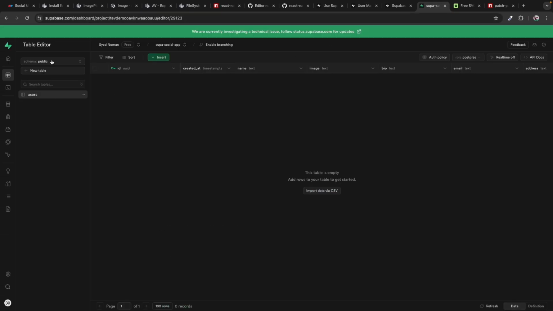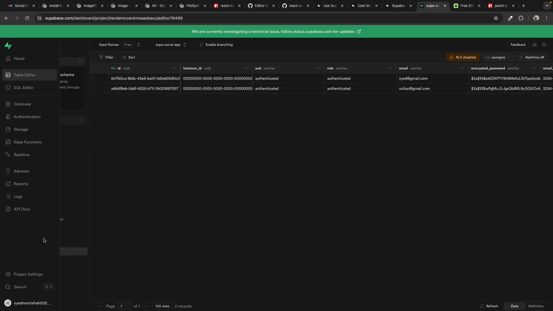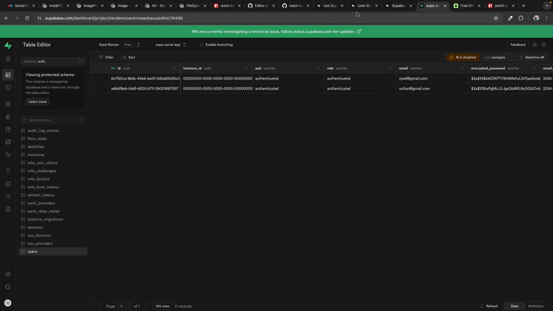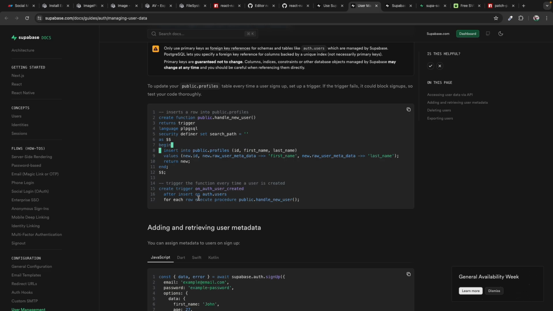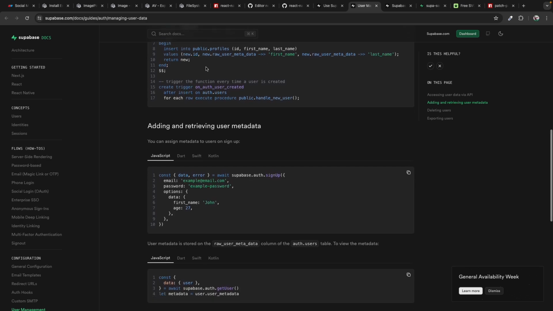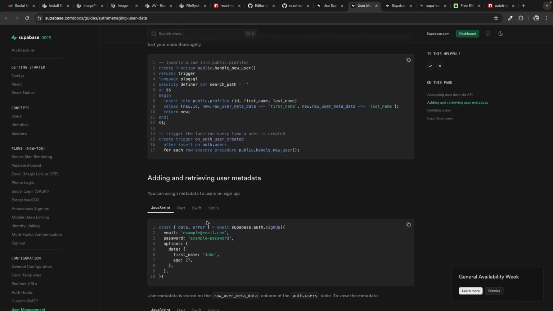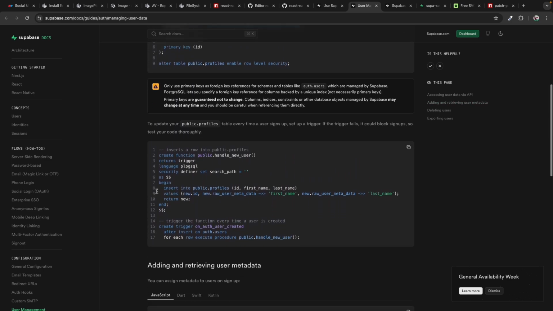So if we switch the public schema with auth schema here, we will have this users table here. Here is all the authenticated users. So what we are doing is basically we are adding an event on this schema. Every time there is an insert in auth.users, we want to run this function so that it will store this user into our users table, and we can send this additional information in options.data, and we'll be able to fetch this data inside the function. But you will have to modify this SQL statement because in your case the table name and the column names can be different.